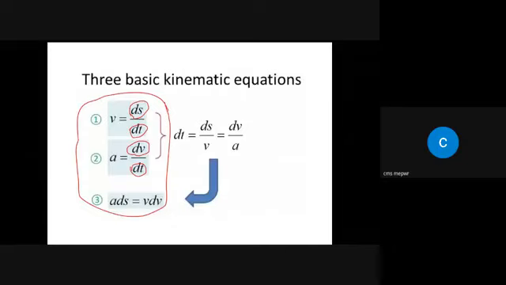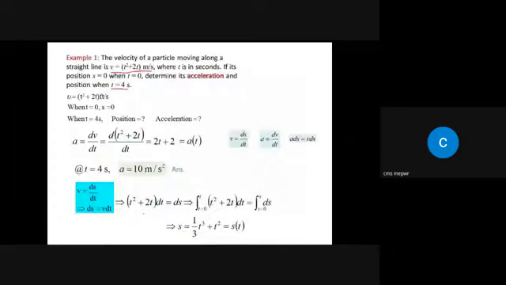So let's see. When t is equal to 0, s is equal to 0. This is the given condition. When t is equal to 4 seconds, we need to find out the position and acceleration. As I have just told you, acceleration is equal to dv by dt. So instead of v, we will put this equation. So for v, we put (t square plus 2t) divided by dt,